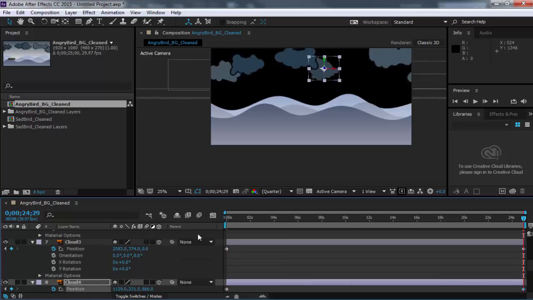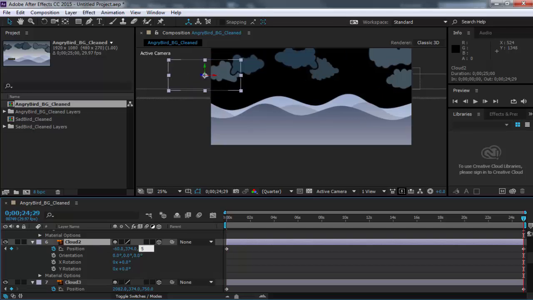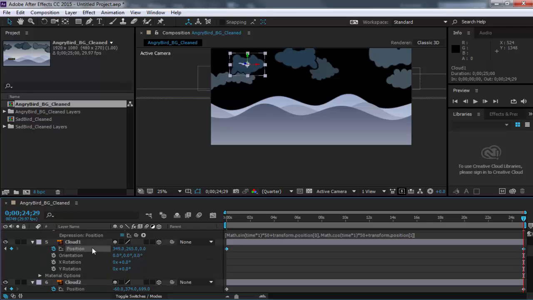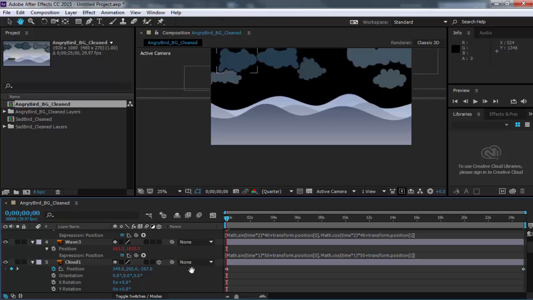And this one is 750. And this one is 699. And this one is negative 367. There we go. Okay. So now, just based on that, if we look at it,